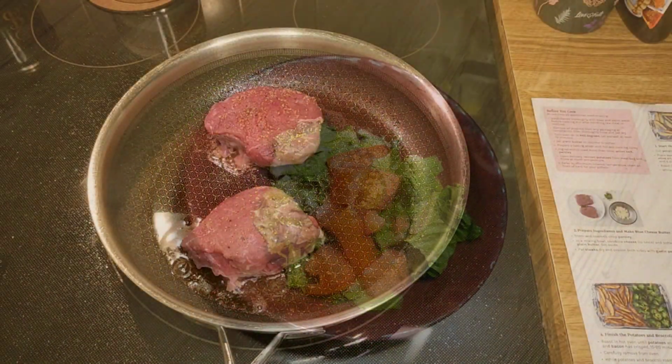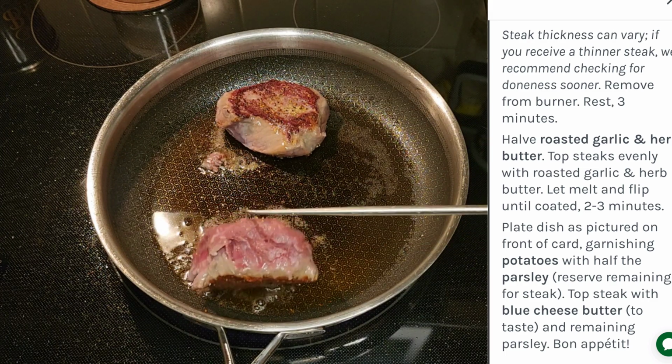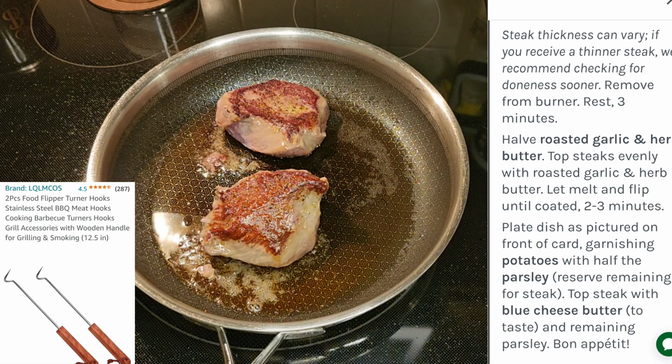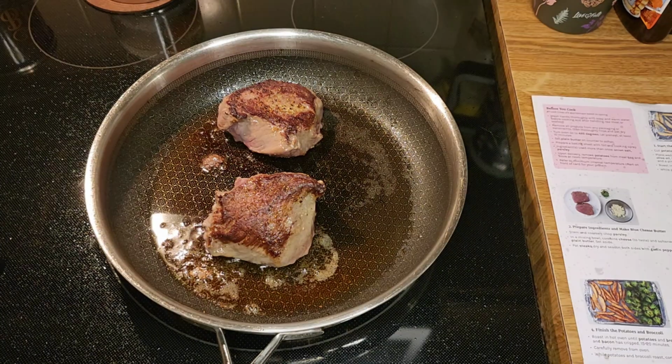Back to our steaks. It's been about 5 to 6 minutes, and they are ready to flip. Folks ask about my little meat hook turner here. You can find those on Amazon. Gonna let those steaks continue to cook for another 4 to 5 minutes, and then it's going to be time